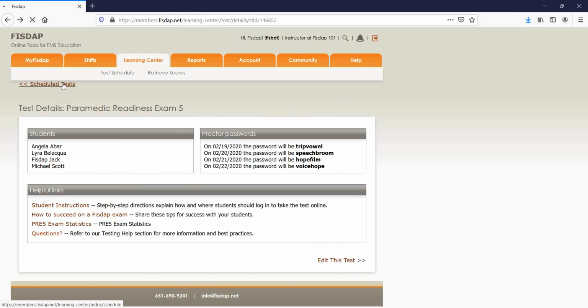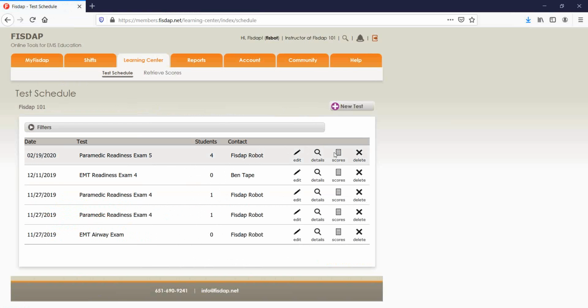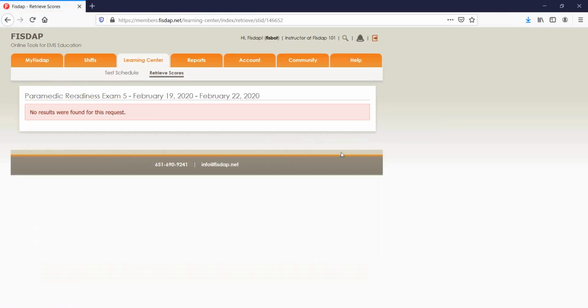Once it is scheduled, or once the students have taken it, you'll be able to come back to the test schedule and click on scores, and it will present the scores for each of the students who have taken it. Obviously, in this instance, no one has taken it yet, so there's no results to pull, but this is where they would be located. You would then be able to see both the individual learning prescriptions for each student,